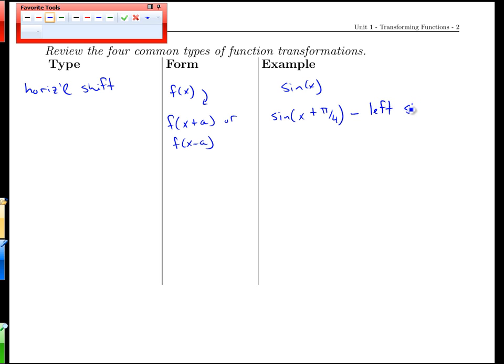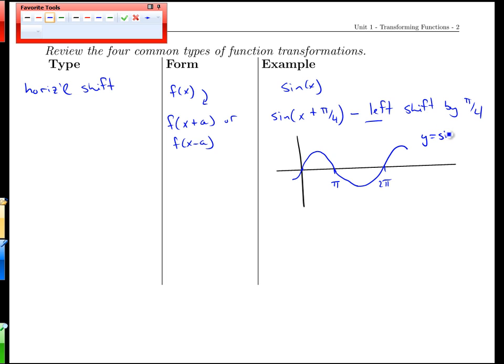In this case here, that would give us a left shift by pi over 4. Let's just do a quick sketch of what that might look like. Remembering your graph of sine of x is the one that starts at 0 and then oscillates from there. It takes a full pi to get one loop and a full 2 pi to complete a cycle, and so on. If we were to graph that as y equals sine of x,